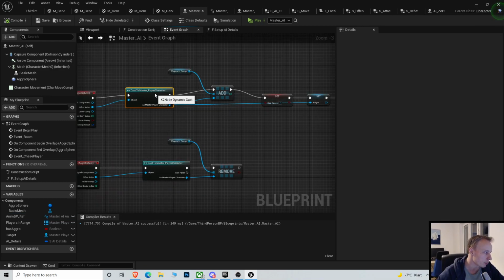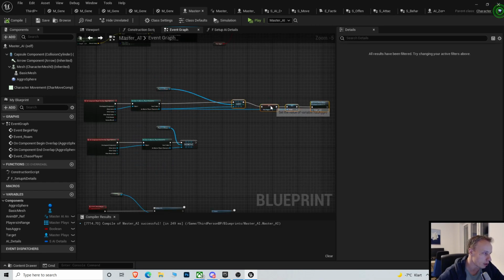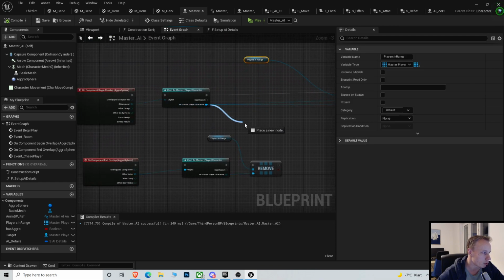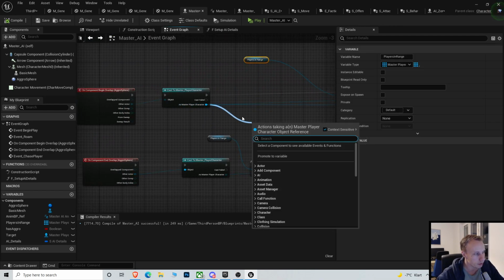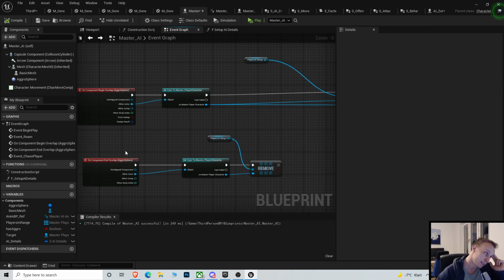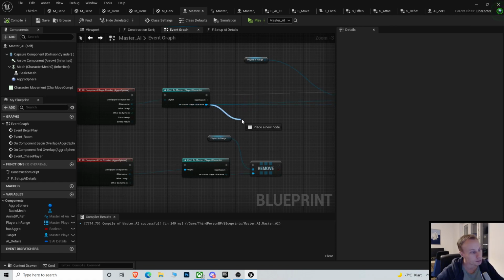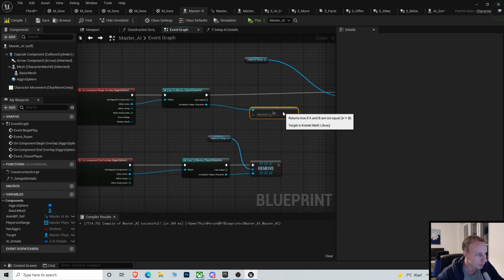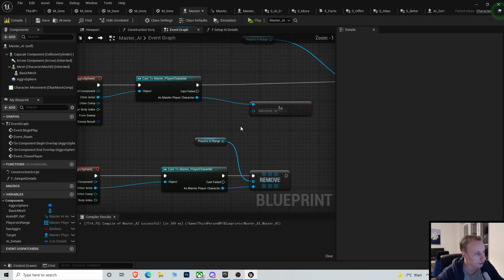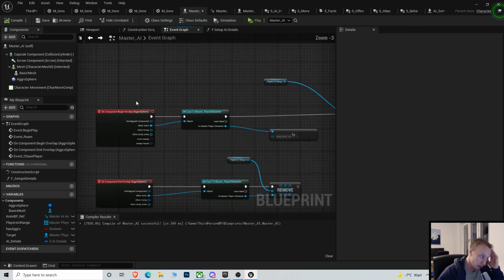I mean, we know this is going to be fine because we have this, but we need to make sure that the faction, so the player, maybe we should do it the other way around. No, so not equal, so the player character is not equal to, okay, if we get